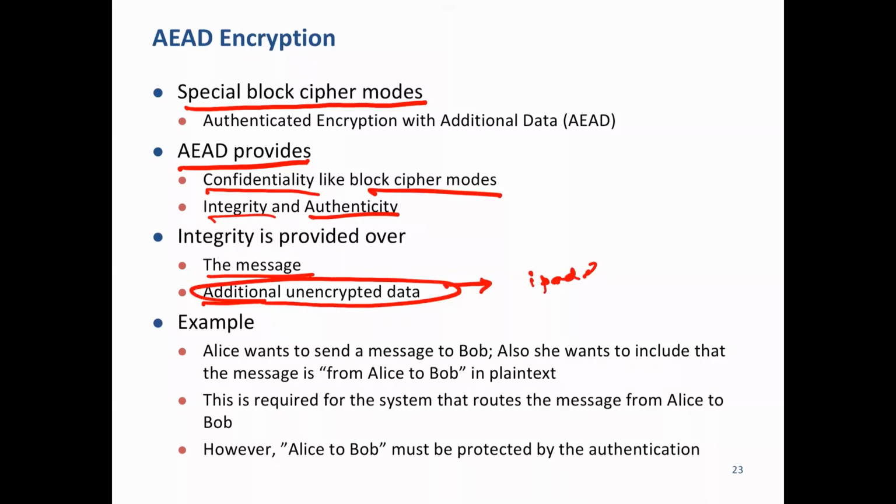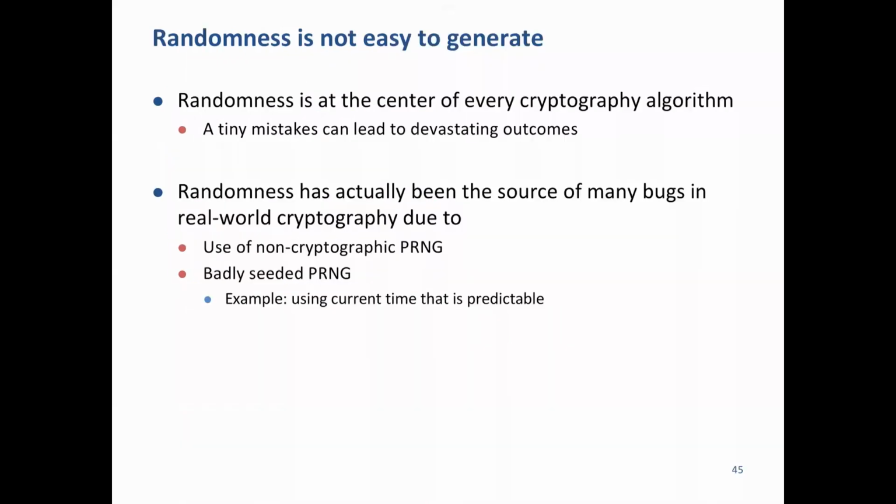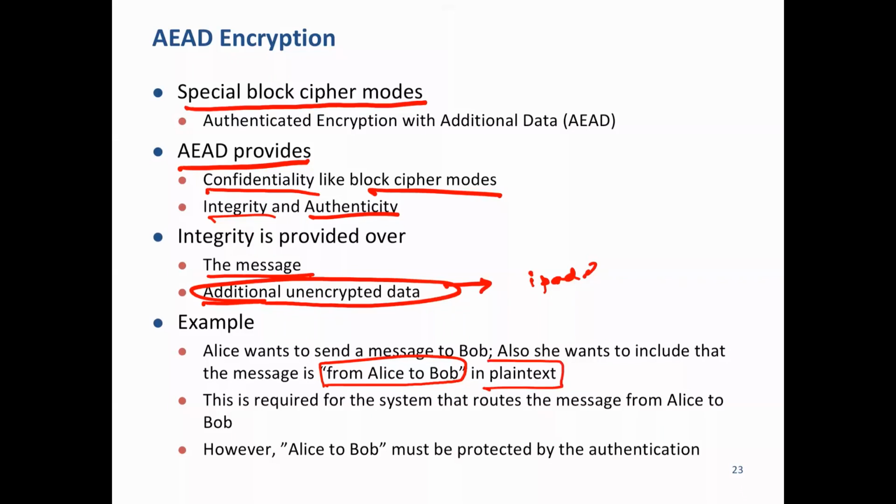For example, if Alice wants to send a message to Bob, and she wants to write "from Alice to Bob" on top of the envelope in plain text, then the system should allow that. Something she has written should not be encrypted, it should be visible, but Mallory in between